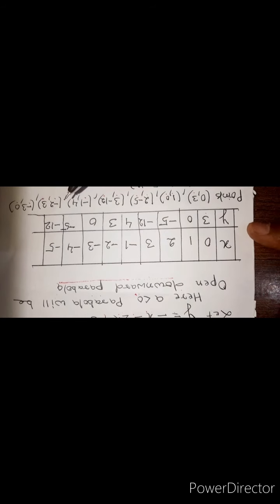Okay, so once again find out some points. Look at one by one. When we put x as 0, then y is 3 in your quadratic polynomial. If you put x as 0, then the other terms will also be 0, and y will be 3. Similarly, each and every point you can find out. When you put 1 then y is 0, 2 then -5, 3 then -12.